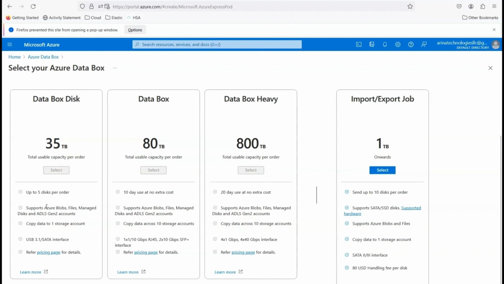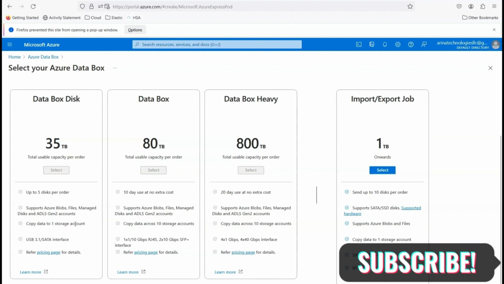What other storage could it do? You have blobs files. So just keep this in mind when choosing the required option. And then you have DataBox as well to support all these options: blob files, managed disks, and Gen2 accounts. Similarly over here, there's storage that it will copy data to. You can copy in for DataBox Disk to one